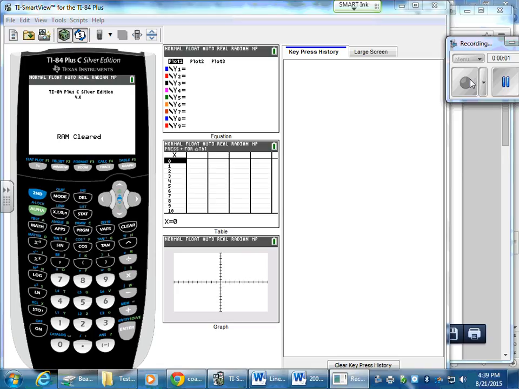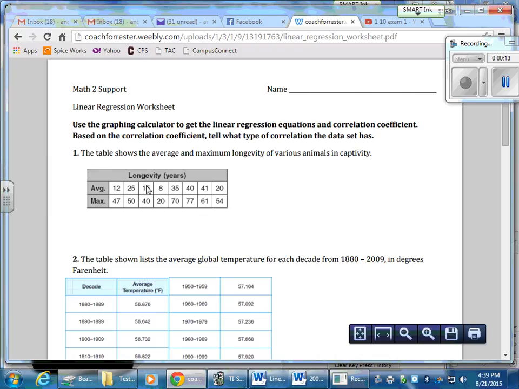Hey guys, I wanted to go through the steps for how to do linear regression on your calculator. So I just cleared the memory, so this calculator is all clear, and I found a problem that shows the average and the maximum longevity of various animals in captivity. Like for this particular animal, its average lifespan is 12 years, and the maximum that's ever held in captivity